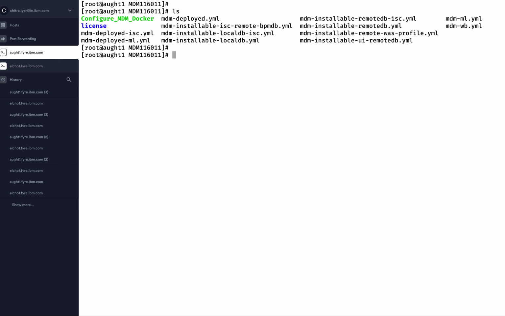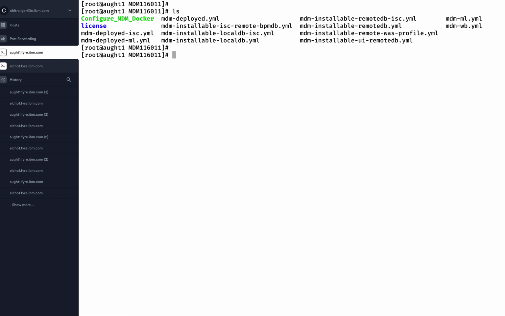MDM. In this session, our primary motive is to create a container, a customized container for the MDM operational server, which can be used for deployment on Kubernetes or OpenShift. We will have this session in multiple parts, and this will be the first part wherein we will first see how we can provision an installable MDM using the containers that are given to us.